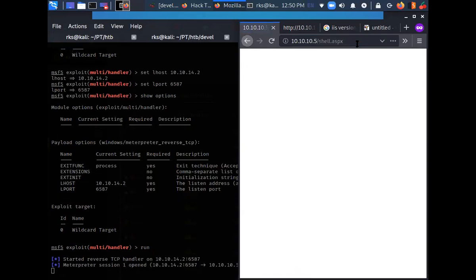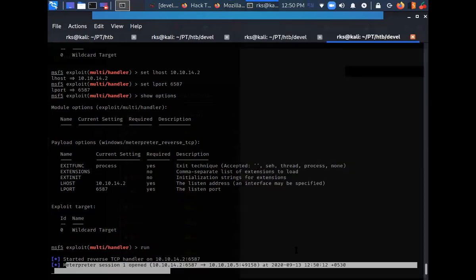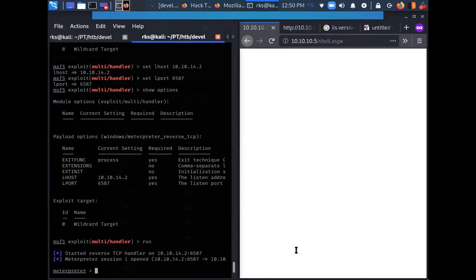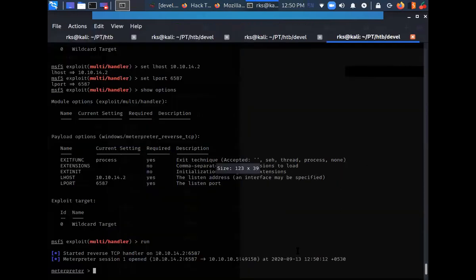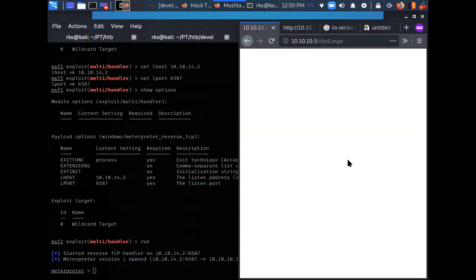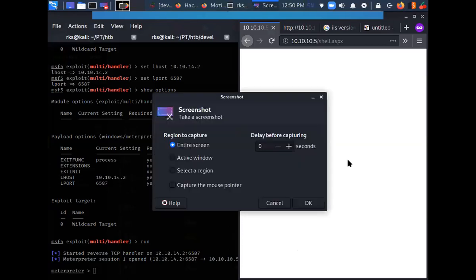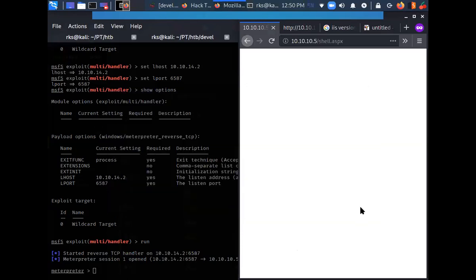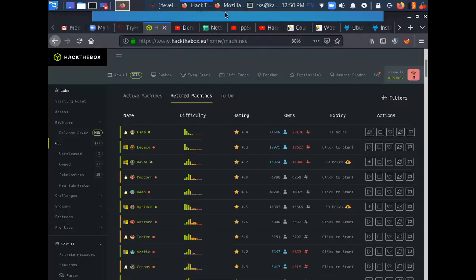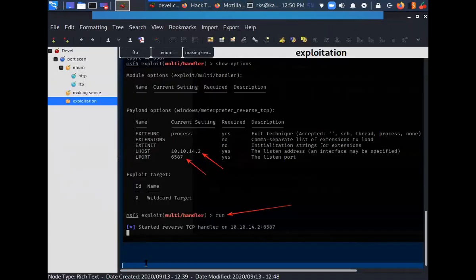I press enter, and on the left hand side, I can see a session being opened here. Let's take a complete screenshot of both of these screens. Exploitation, gain access, reverse shell.